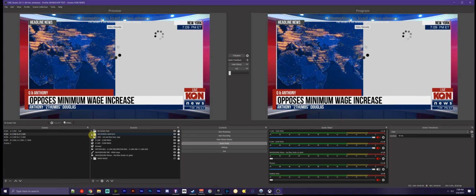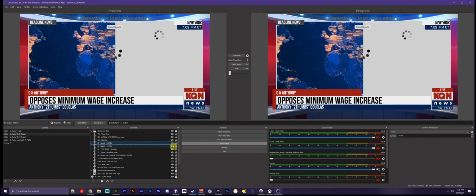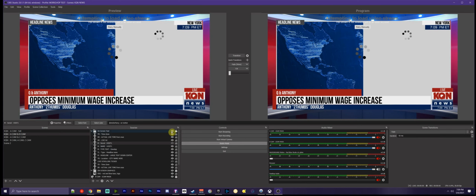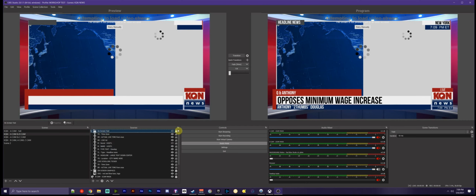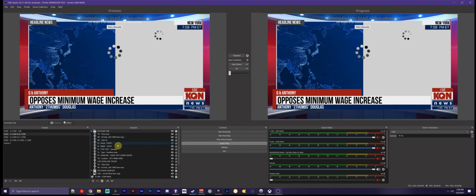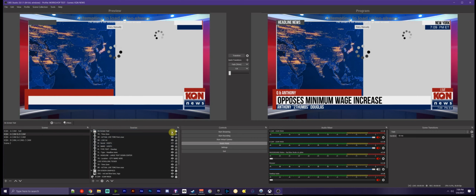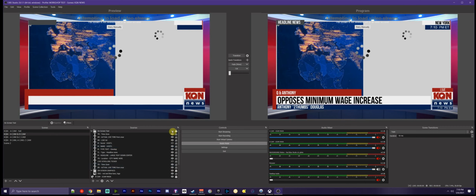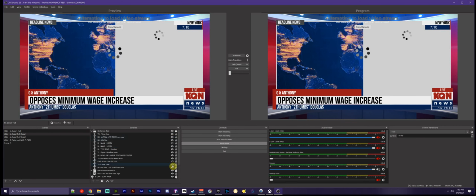Now, the thing to be aware of is when you are turning stuff on and off. Oh, maybe I'm wrong, actually. Maybe it actually is working now. Interesting, because this was very recent, this must have been changed in the last week. It used to be that when you turned the folder off, it would turn all of the nested items off, and when you turned it on, it would turn every single item on,